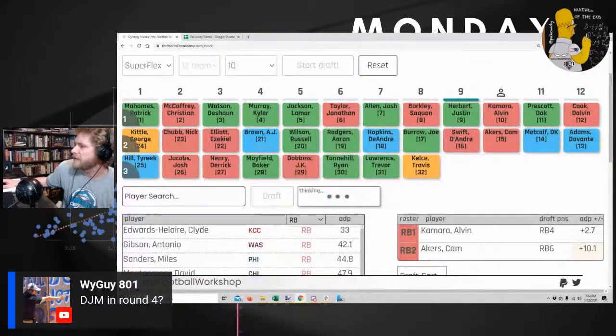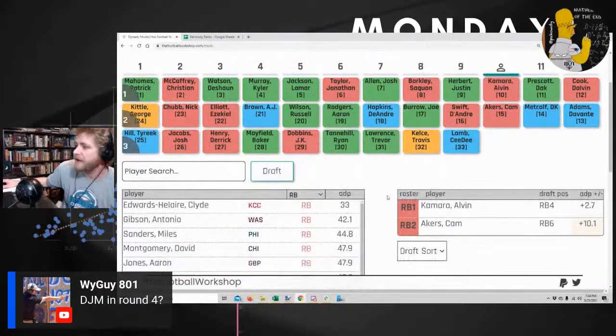6, 7, 8, 9, 10, 11. That's quarterback 13 for Trevor Lawrence. Okay. Then Travis Kelce, because that team doesn't like winning. Pick 9 took CeeDee Lamb, which makes me sad. Sad in my heart.